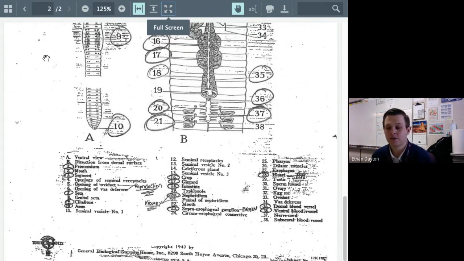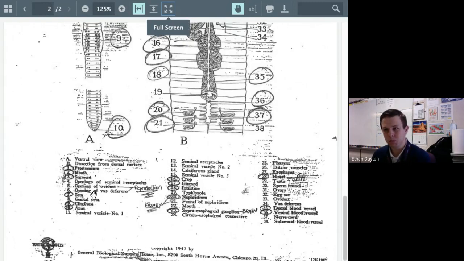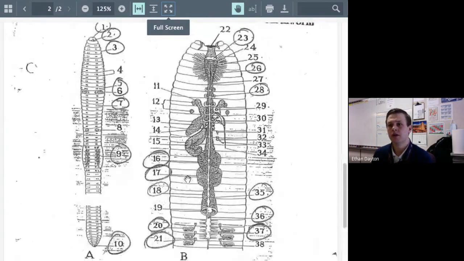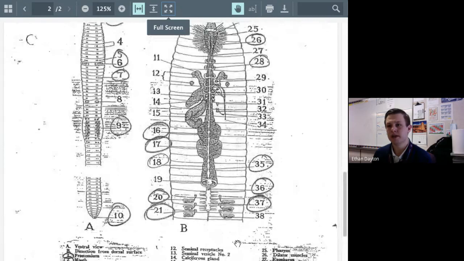All right, so number 10 is the anus, all right? It's kind of a funny word. And yes, you have one as well, as do many animals that need to excrete waste, okay? It's the end of the digestive system where solid waste is excreted. We know solid waste can be referred to as feces. And earthworm feces or earthworm castings are actually very beneficial to the environment, as you should have read about last week, okay? All right, so then we move on to B, okay?